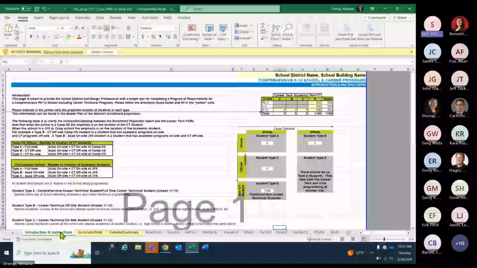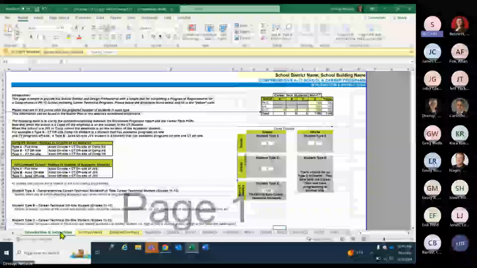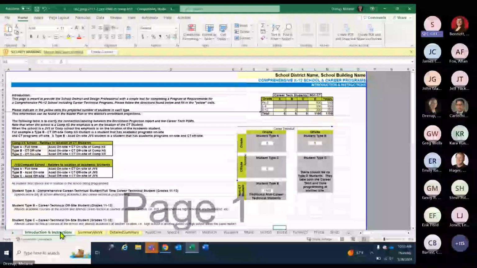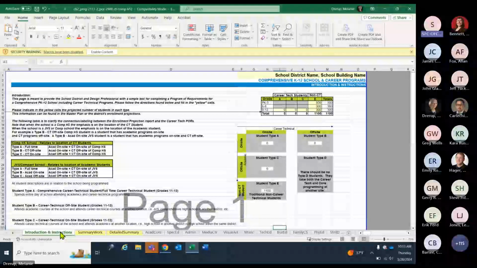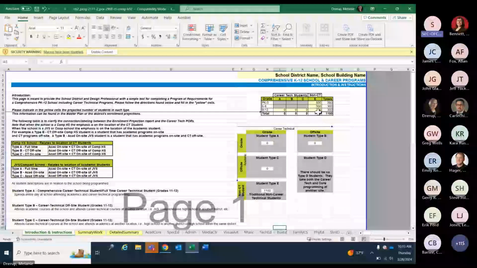If you're building something, you want to, of course, look at the instructions. You don't want to build something and then find out you have extra parts. Well, you probably don't have extra parts, you just missed something in the instructions, and so now you maybe have a faulty product. So we want to make sure when we use this POR instrument that we follow the instructions. Your first act will be to put in the population for elementary, middle, or high, whichever grades you are serving.